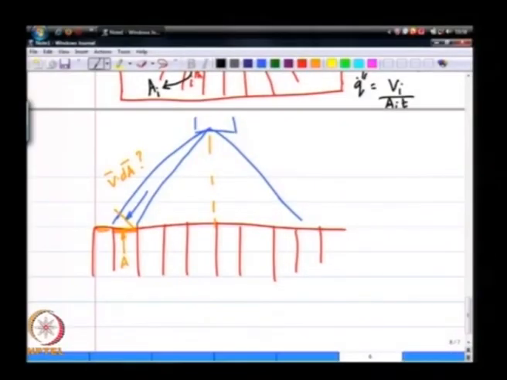So, this is essentially like a circular patternator, except if I look at the top view of this circular patternator, it is not a series of annuli, but a series of sectors. Okay, so, each of these sectors